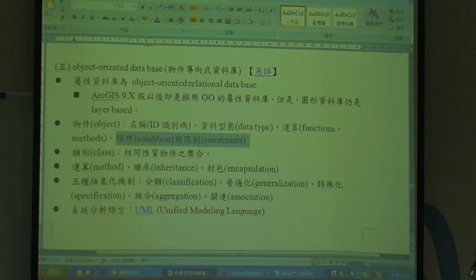So that's the data, and that's the operation, and you can do some functions under some conditions. And the constraint means you cannot do something. For example, you cannot divide a number by 0. If the system finds you